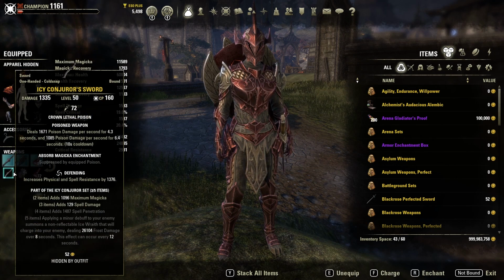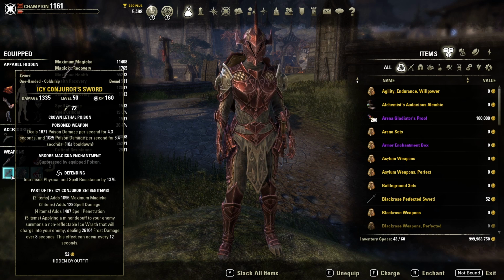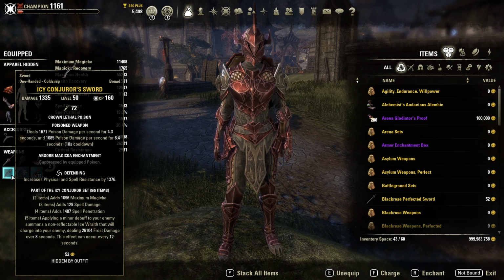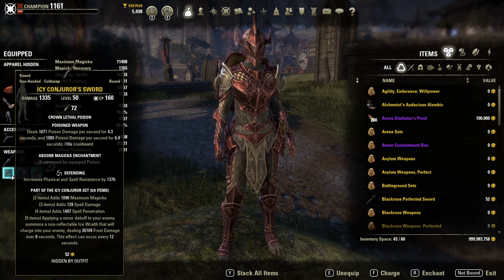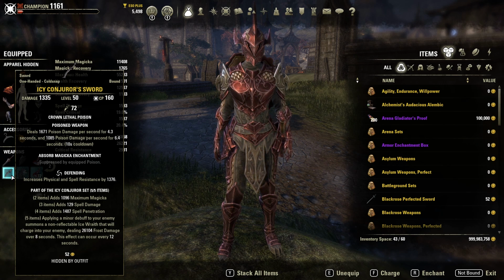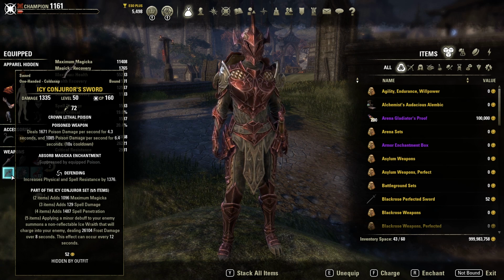Now, the next set that we've got is on our back bar here, and it's actually the 5-piece Icy Conjurer set. Now, this does not seem at first glance like a good option for a max health build, but hear me out, guys. We get maximum magicka, spell damage, and spell penetration. The max mag and the spell damage are not really super great for the build, but that little bit of spell penetration does actually affect the build because we do have quite a few outgoing spell attacks, and that's going to be a decent damage increaser, as well as a damage increaser to our Scoria and the Icy Conjurer